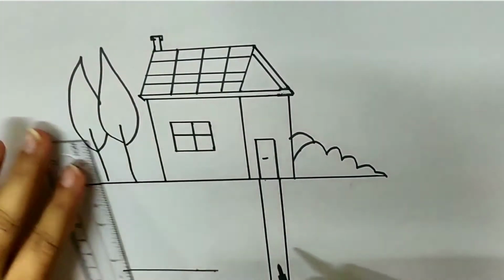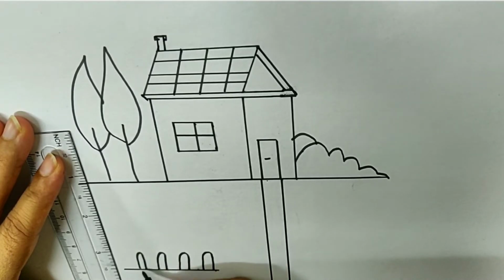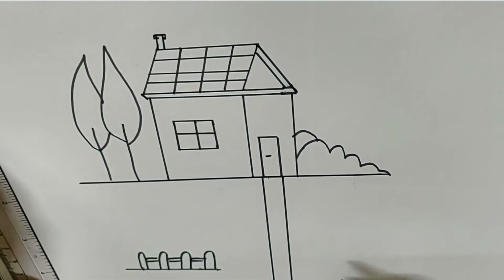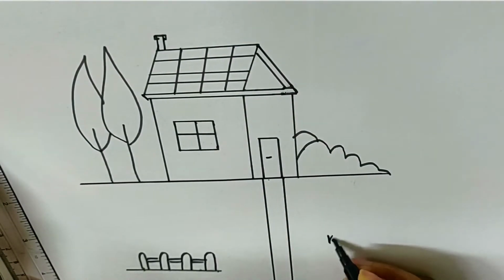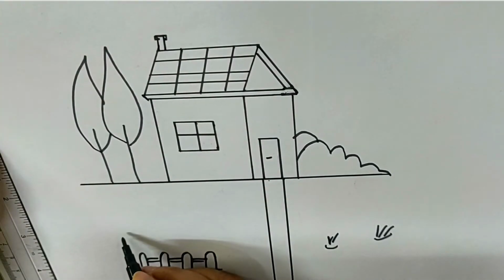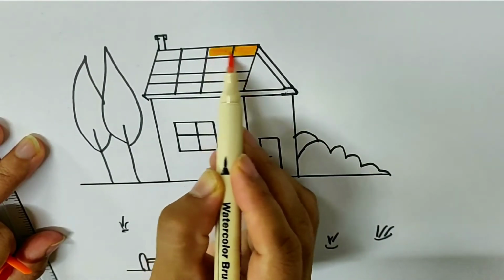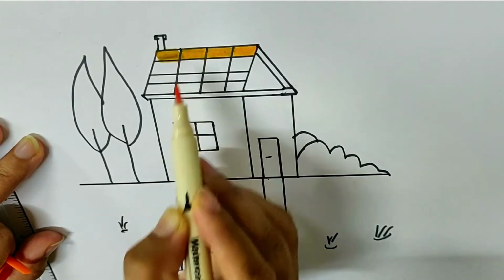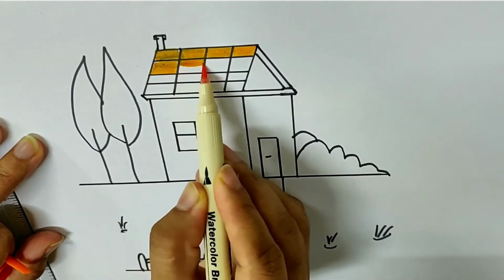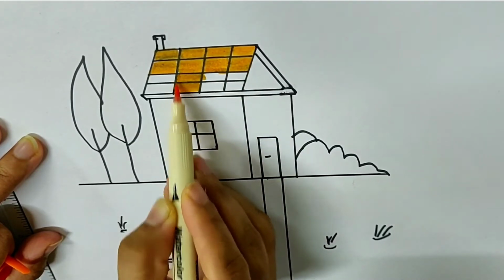So now on the lower hand side we are going to draw our garden, yard, whatever you say. Draw these little circles, and we will connect these circles with double lines, and it will represent our fence. Some flowers in the garden, and some other flowers or plants, you can say, in the garden. And now we are going to paint our house. These will represent the bricks on the top of the house,